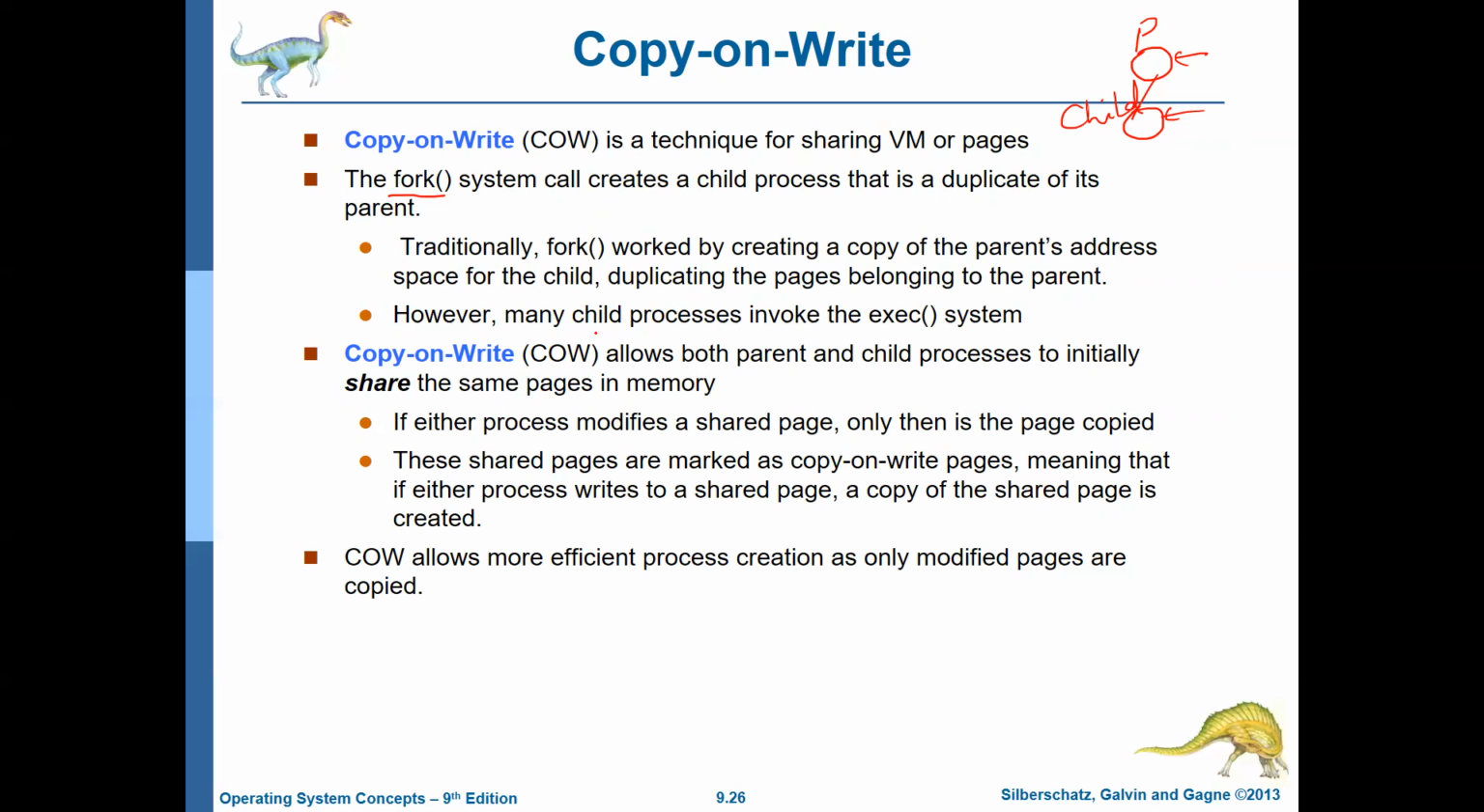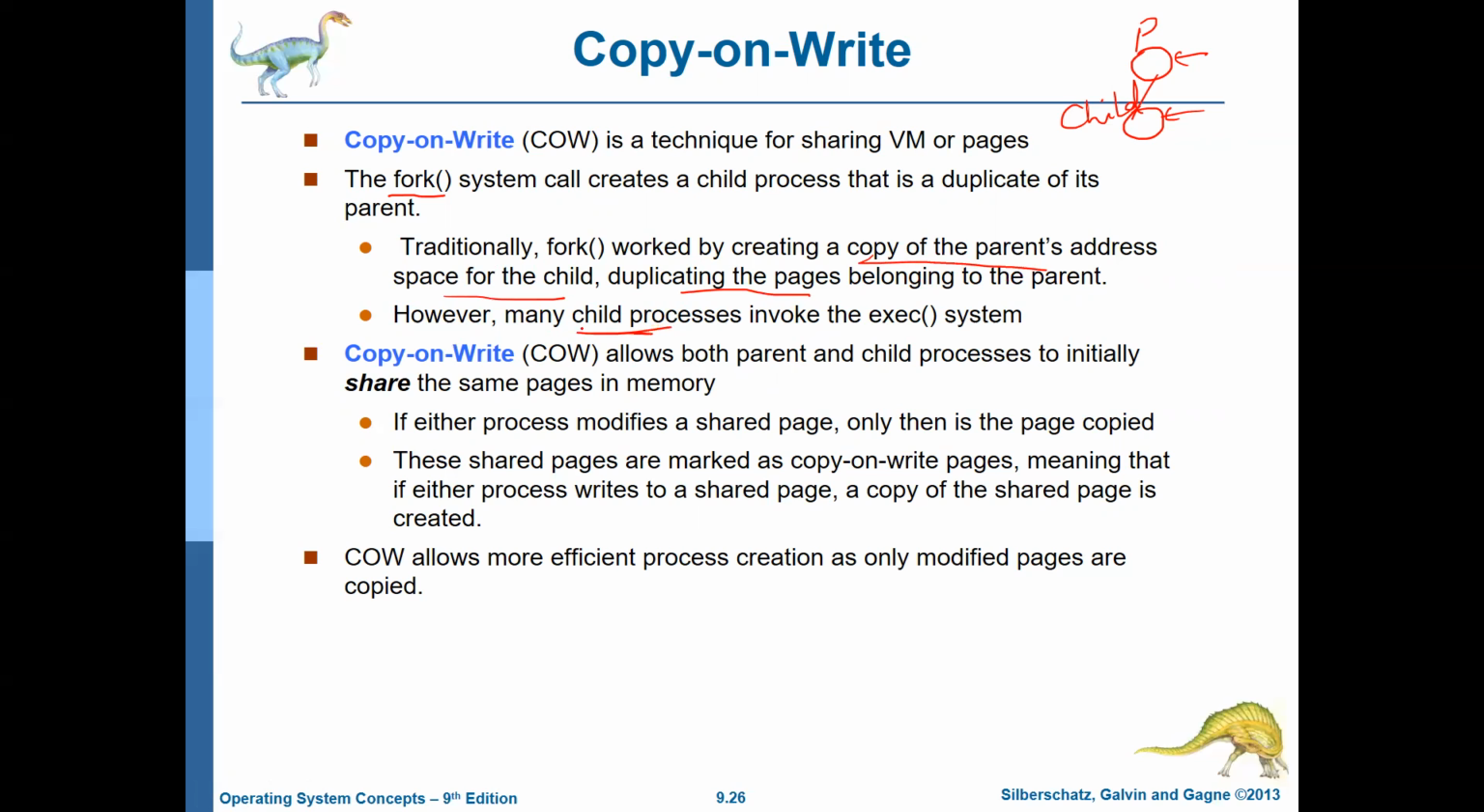When we talk of a simple fork, you can say that the child's address space is a copy of the parent's address space. That is how the pages that belong to the parent are duplicated and now also belong to the child. But there is a possibility that